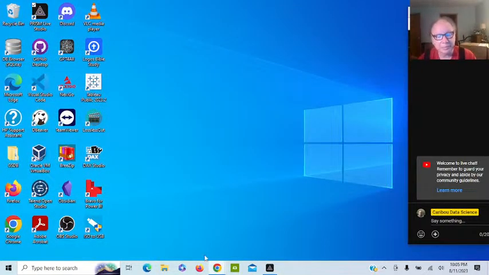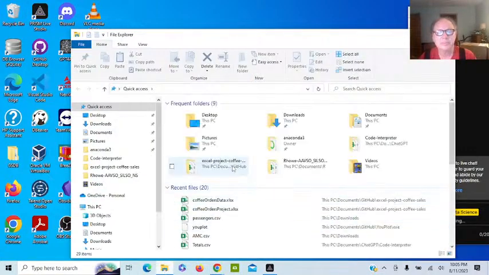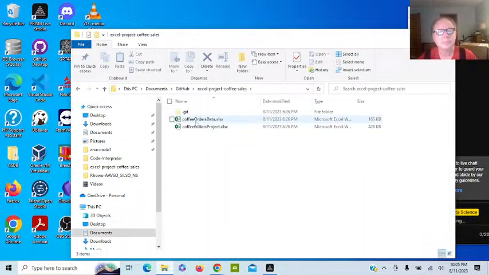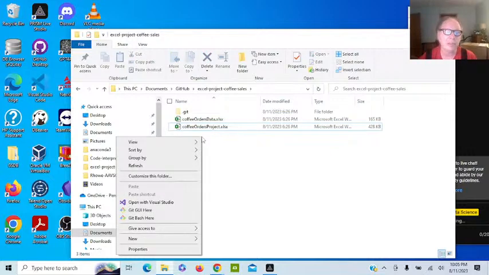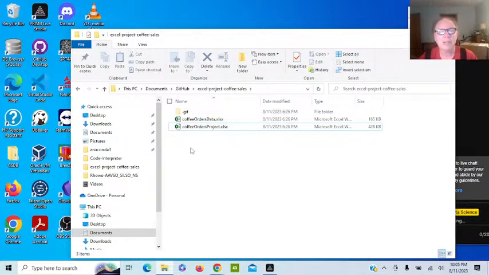Now let's take a look at our data for this evening. Here's the raw data, here's the completed project. We're actually going to do something a little different here. We're actually going to create